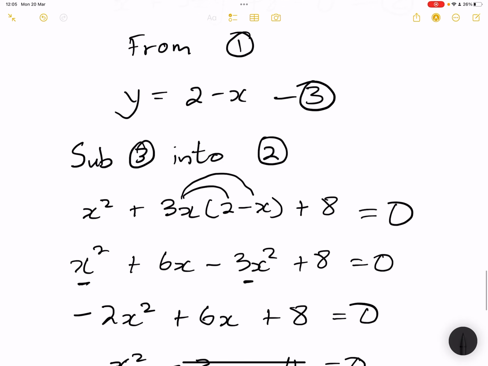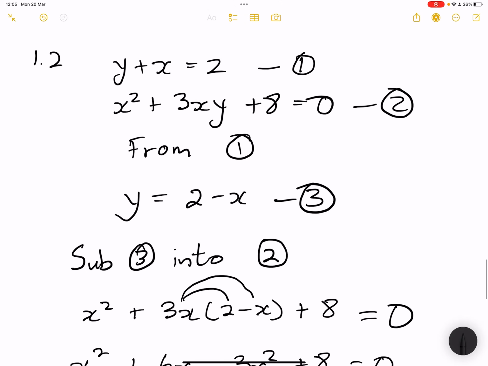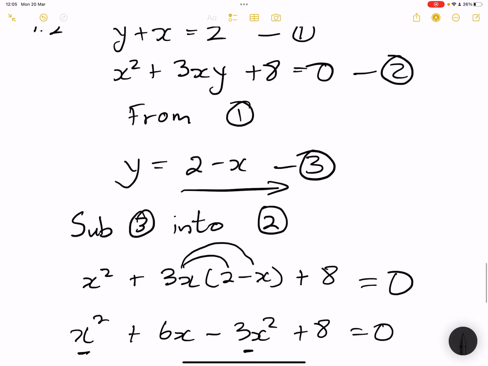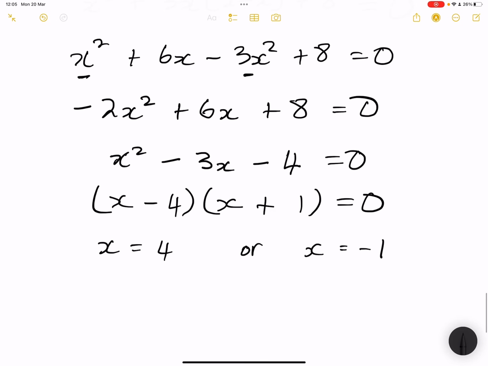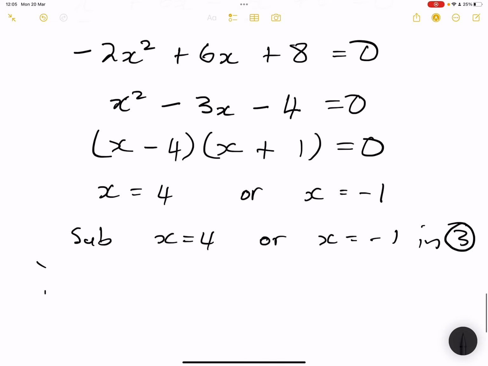So I'm going to substitute my answers back into equation 3 so that I get the corresponding values of y. Right, so substitute x is equal to 4 or x is negative 1 into equation 3. So y is equal to 2 minus a positive 4,